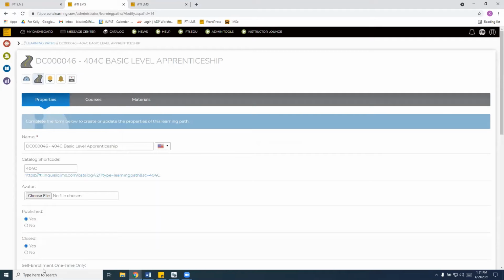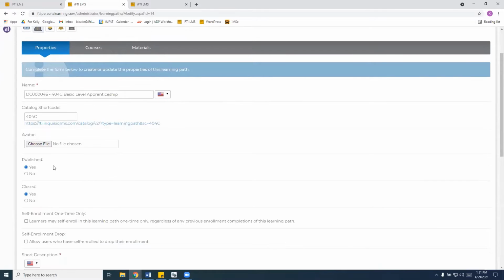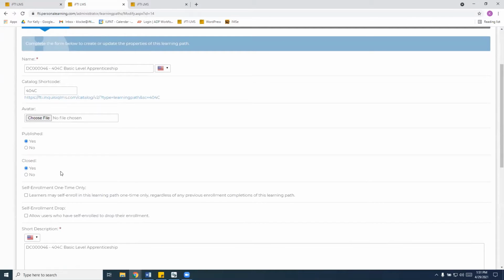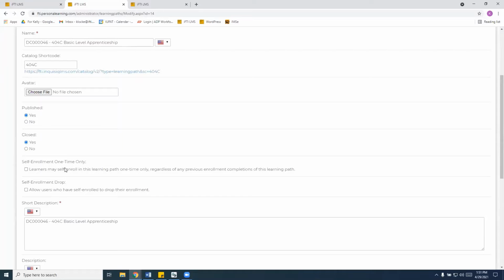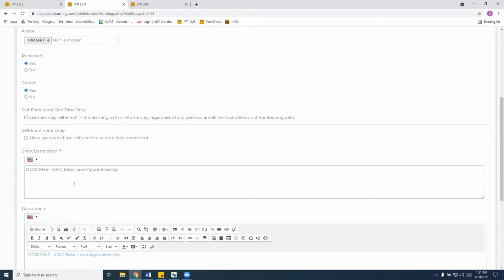This here is all the information for your learning path. If you're creating a new learning path, you would want to copy and paste the group name and enter it here. You have a couple options here: if you want to publish it, keep the course closed, yes or no, self-enrollment, self-drop options as well.